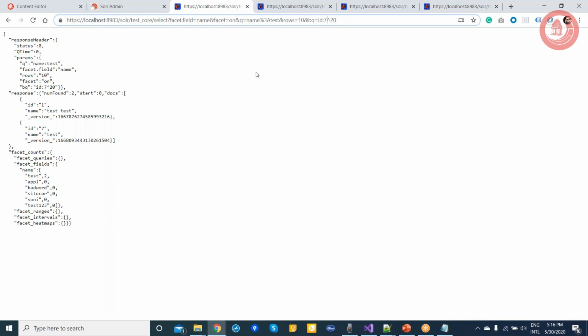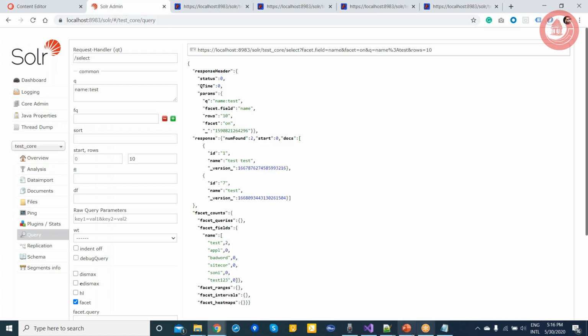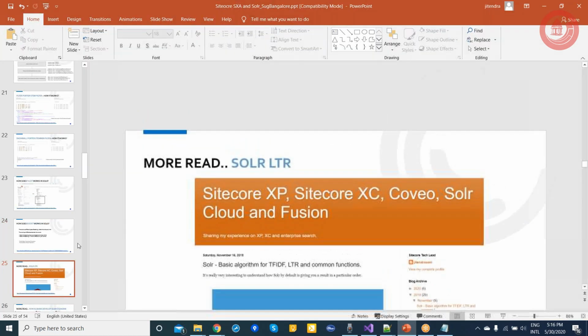The similar query we'll discuss when we start with the site code. This is the correct query. Sure, that's not working, but I will have it. So this is the boosting.